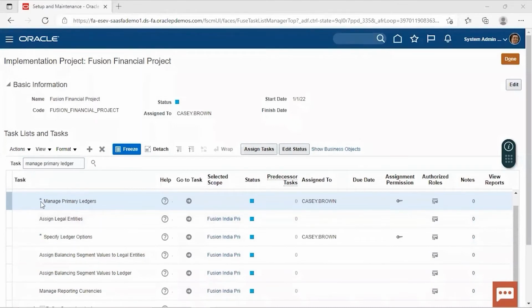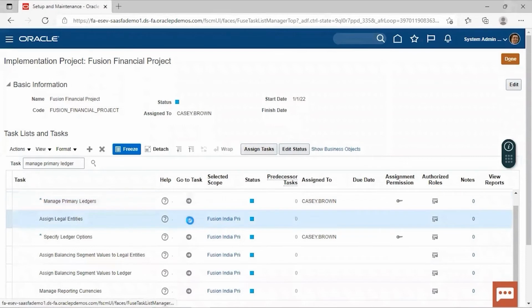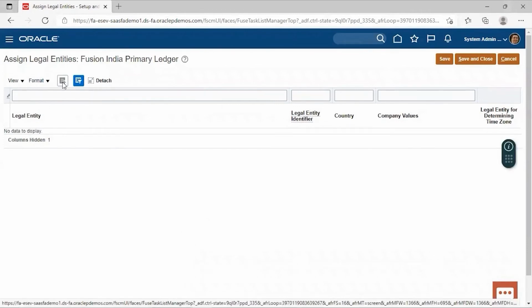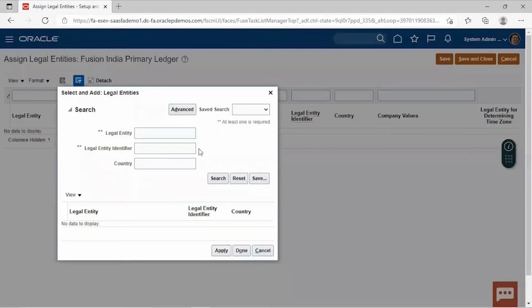From where we have created the primary ledger, under that task only, there is an option of assigning legal entities. We'll click on the Go to Task icon over here, Assign Legal Entities. Over here, we'll select the option Select and Add.